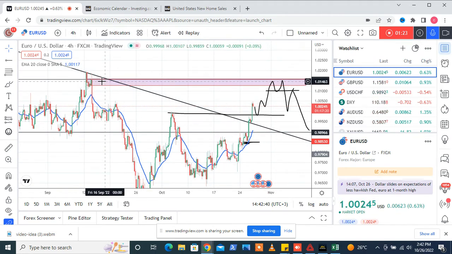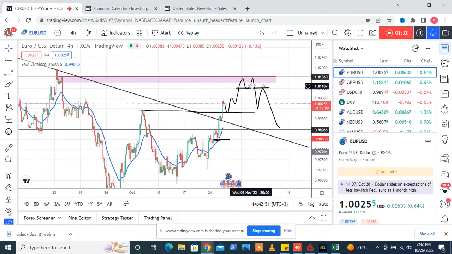Hapa kuna levels mingi, hapa kuna pending orders zimejaa hapa za sales. But we need to see reversal patterns hapa juu. If we get a double top, this is the most important, and the best safe way to trade. If we get this kind of setup hapa, this double top, then